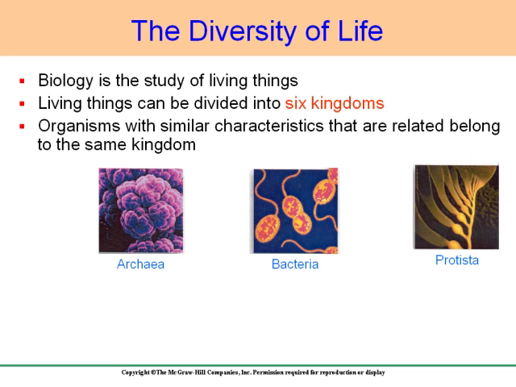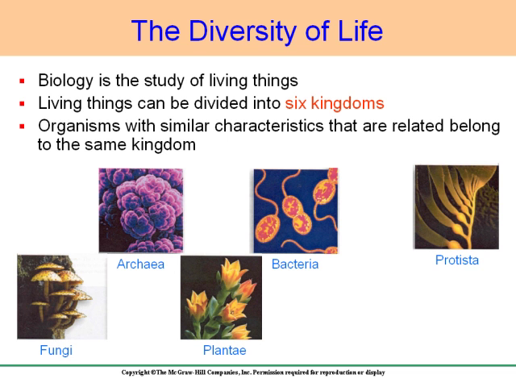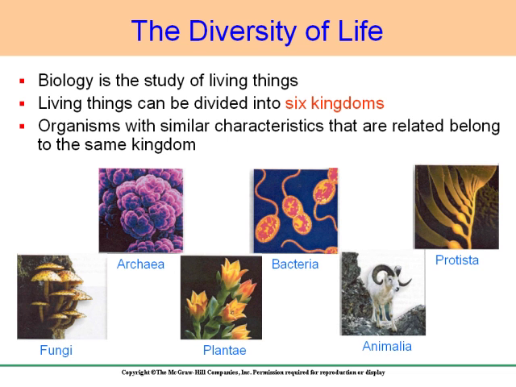The third kingdom is called protista, and this kingdom is composed of a lot of single-celled as well as multicellular organisms that are very diverse. The next kingdom is fungi, which you're going to be familiar with in terms of molds and yeasts and mushrooms. And finally, we have plantae and animalia, which you're most familiar with. And of course, we would be found in the kingdom Animalia.